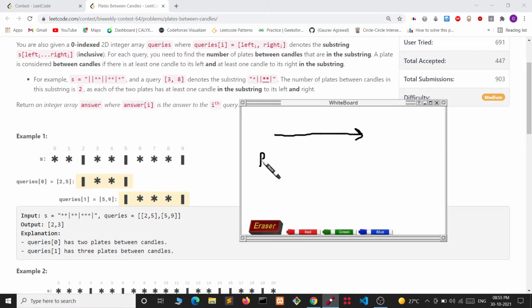After taking the prefix sum, prefix[i] will tell the number of plates we have in the string from index 0 to i.